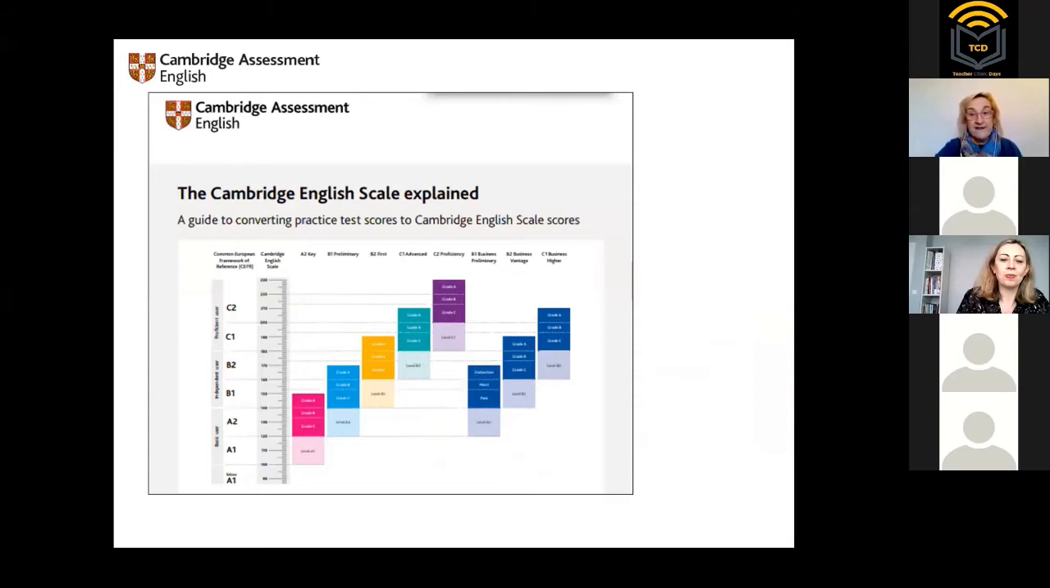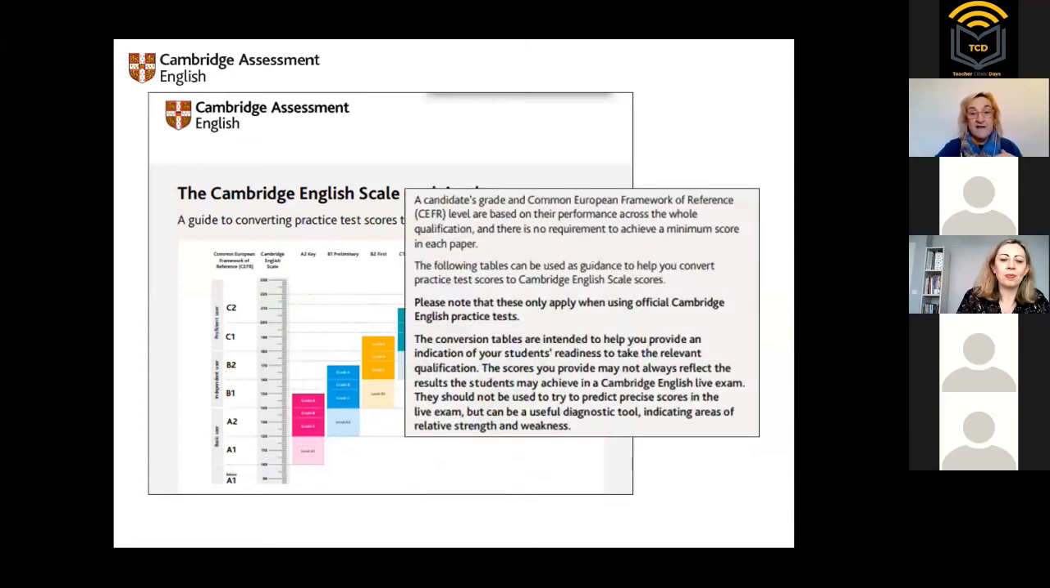It converts the scores in the practice tests into the Cambridge English scale, and therefore you can relate them to the CEFR. Now, it's important that you use the official Cambridge English practice tests for this, otherwise the conversion may not be reliable. And also, just to say, this is very much an indication of readiness, and it's not necessarily going to be exactly the mark or grade they get in the live exam. So just a word of warning, but certainly extremely useful, and it helps a teacher have more